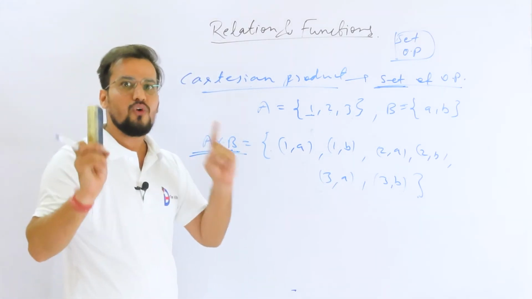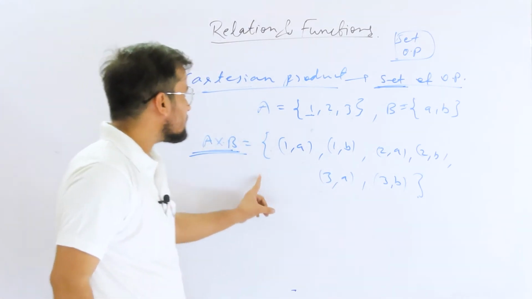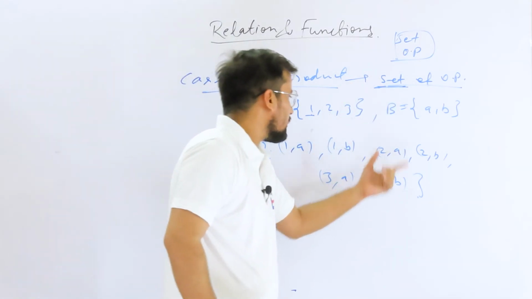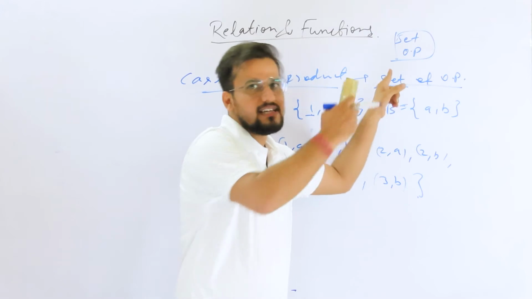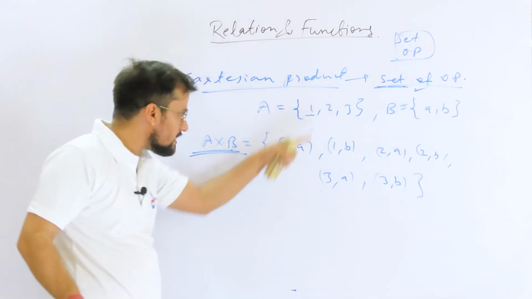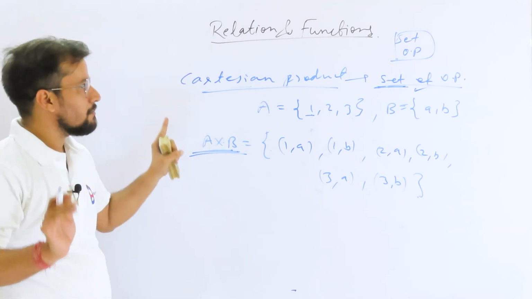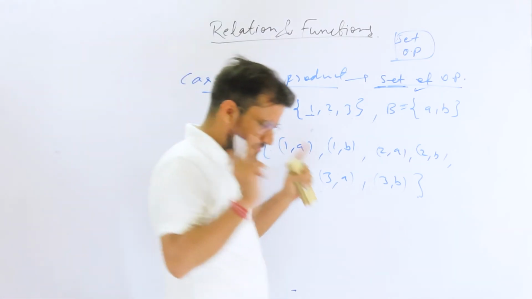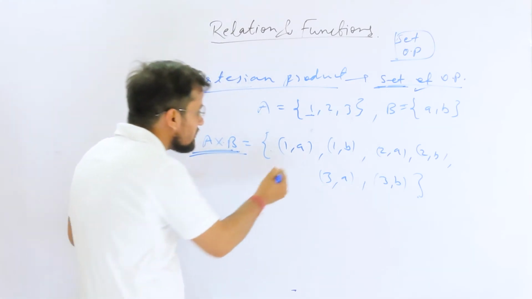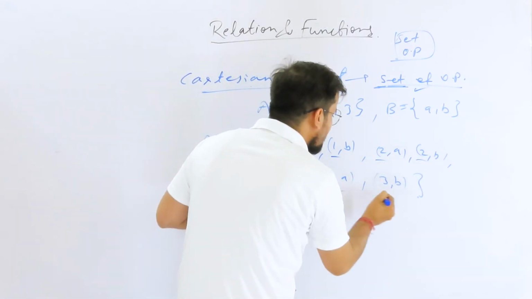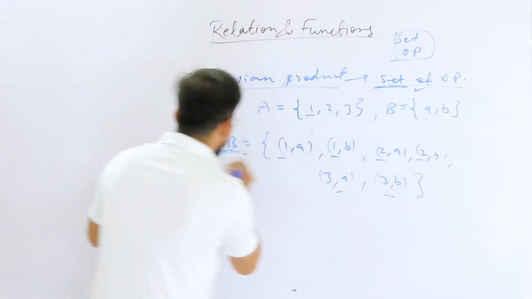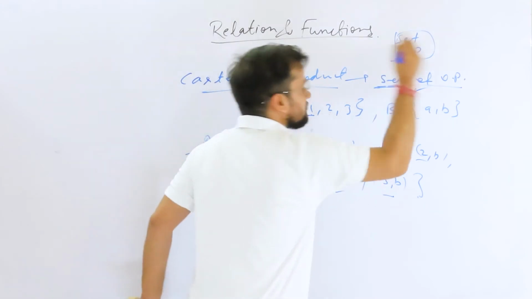a thing that is written inside the curly braces is always representing what? Set. So this is a set. Set of what? Ordered pairs, we have written inside the definition. I have said it, but why will you believe me? You can see it in a very clear sense, because ordered pairs are always written inside the parentheses. These are all what? Ordered pairs. Set of ordered pairs, that is the Cartesian product, and this is the definition.